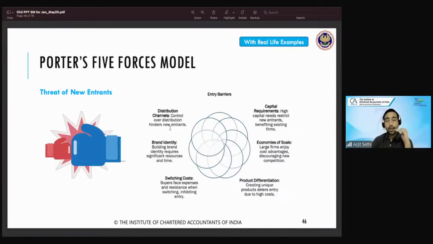Already factory मेरे पास है, I've already invested 100 crores, thousands of crores in the factory, in trucks which are bringing my products here and there. ट्रक खरीद चुका हूँ, फैक्ट्री खरीद चुका हूँ, डिस्ट्रीब्यूटर्स मेरे को जानते हैं. My fixed cost is there. Variable cost change हो रही है.